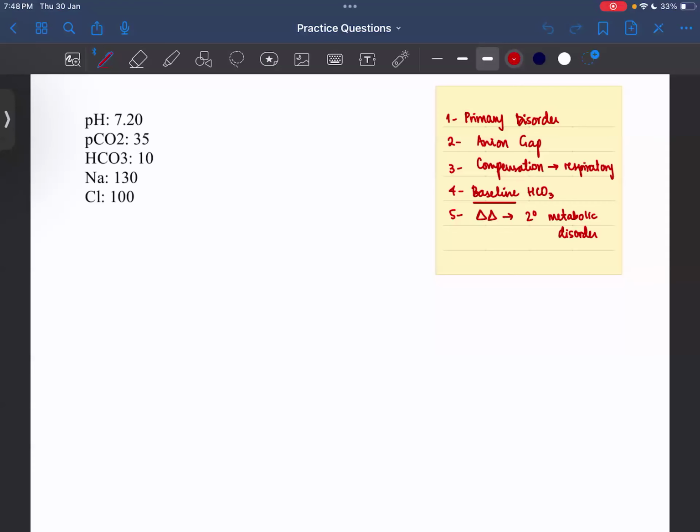So this is the first example, and the first few examples are from your slides. I just wanted to go over them because I looked at the transcription and it seemed a little bit difficult. So what we're going to do is we'll quickly go over a few examples from there, and I've added a few as well. So this is the first one we have. As I mentioned earlier, the first thing you do is look at the pH. From the pH, we can tell this is